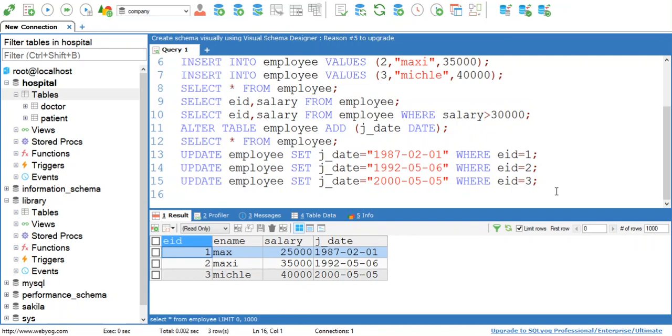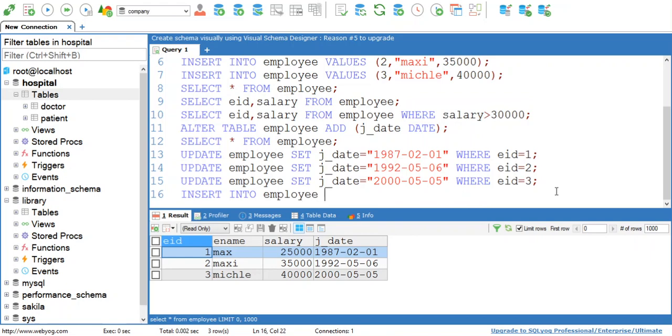Suppose you want to insert data for new employee who has currently joined the company, but you don't know the exact joining date, means you do not know the value for joining date, then you can insert data. But for this you need to use another version of insert query. The version is insert into employee.